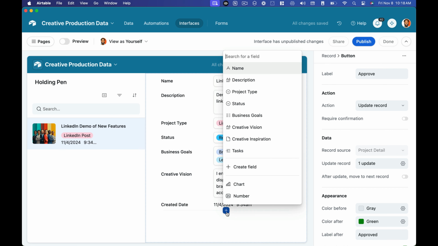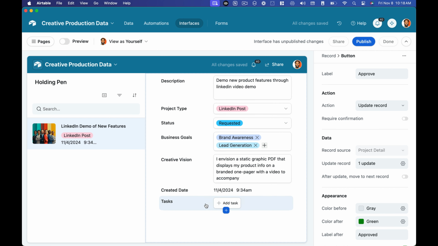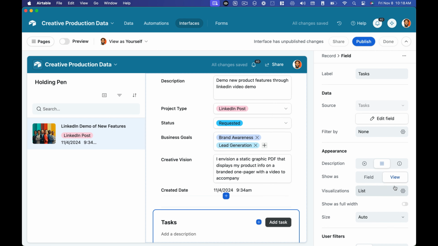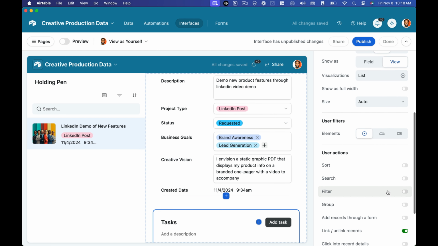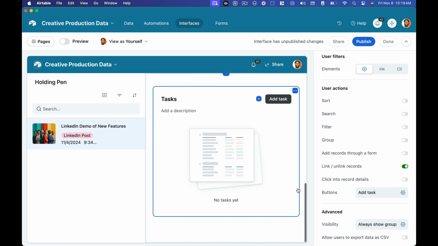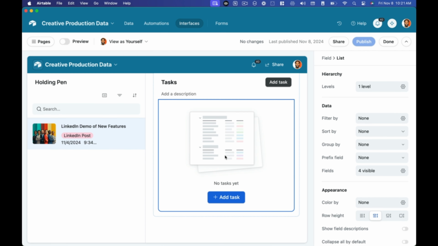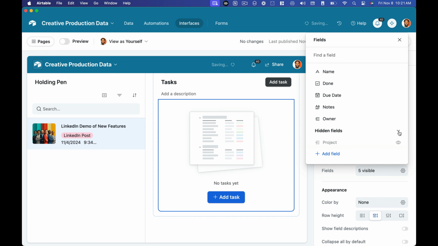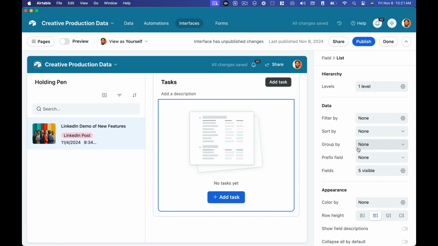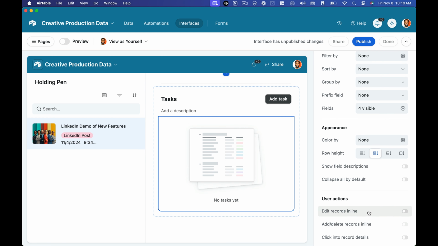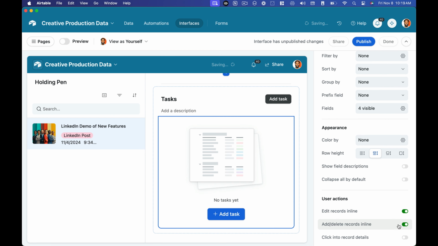Perfect. The last step here is going to be to add our tasks here below all of this project detail information in order to give us a view of what work has been assigned and what work needs to be assigned for this incoming project. Let's go ahead and show those essential fields in this list view. Let's also go ahead and make them editable in line and give us the ability to add and delete records